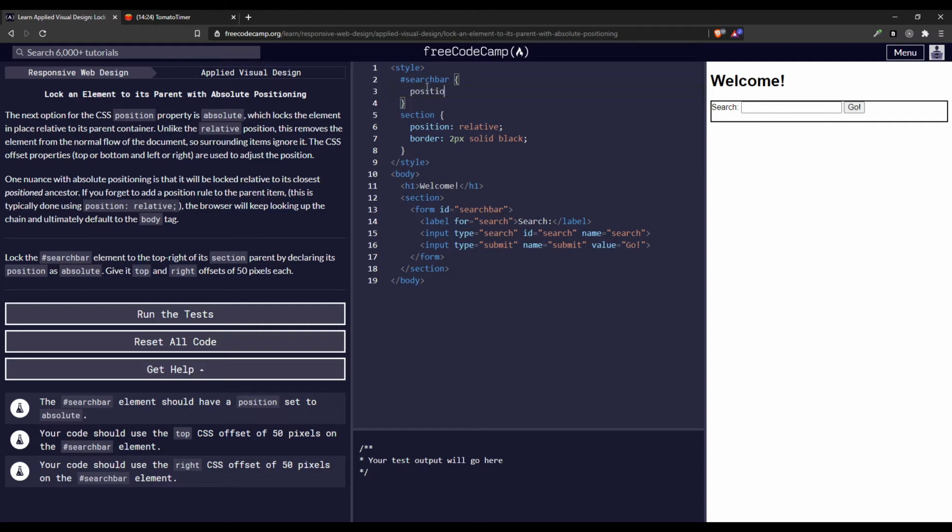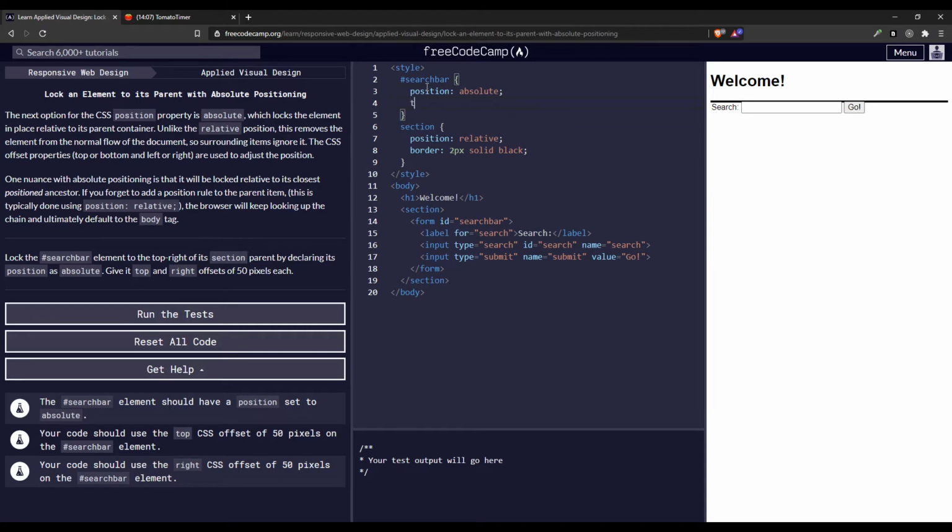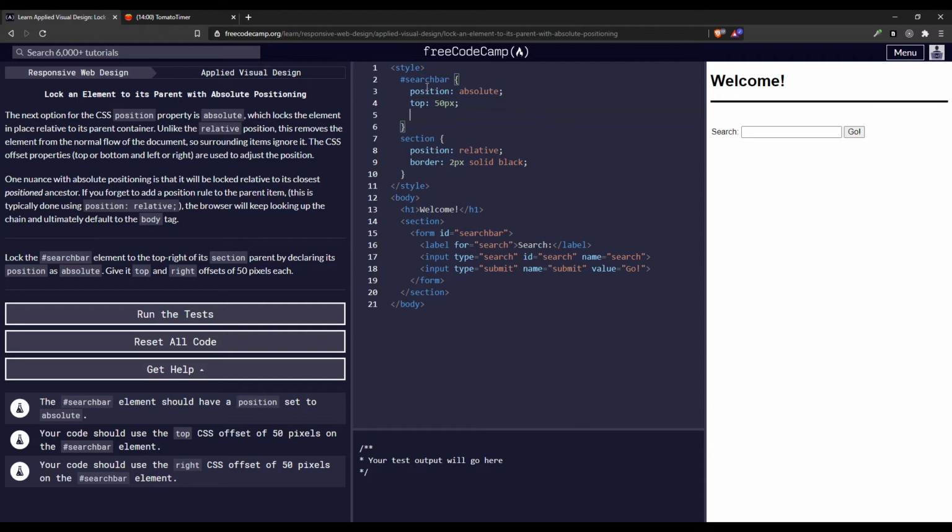So position: absolute. Okay. So basically what it did was pull it out of the flow, because you can see the border shrunk to like a single line. Which is interesting. So then it moved it down, and then